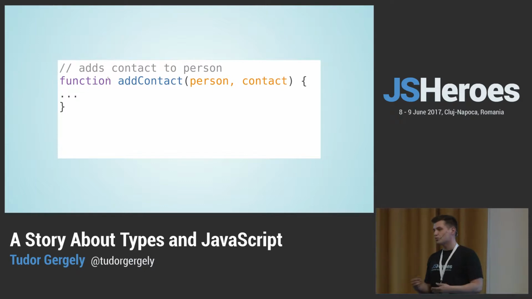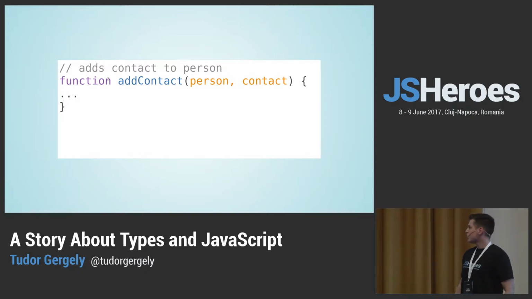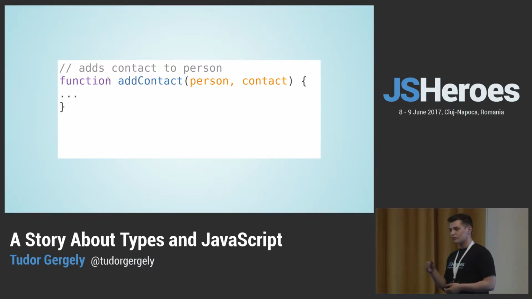You are working on an old project, like 3 years old. It doesn't have to be much older than that. And you have a big domain model. You have hundreds of thousands of lines of code written there, and you are assigned to maybe change or use this function, and all you get is this.